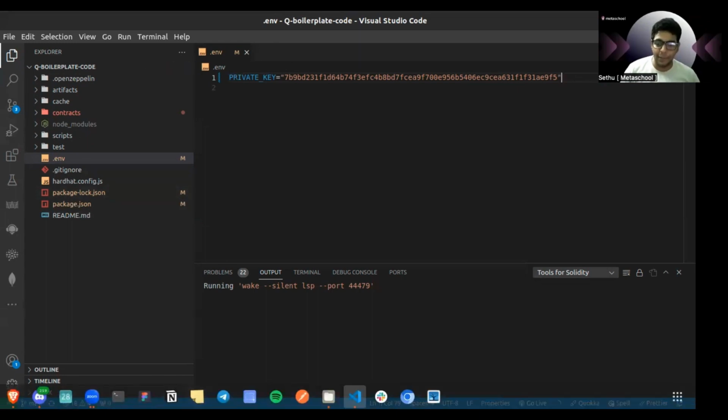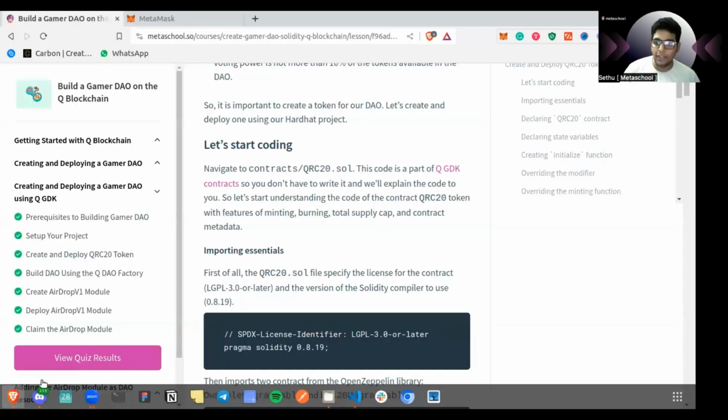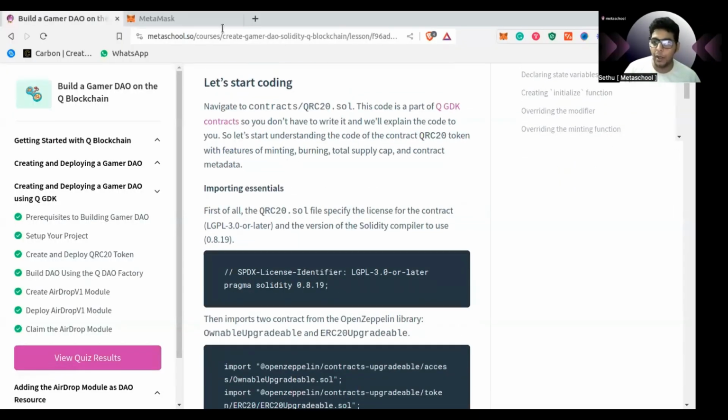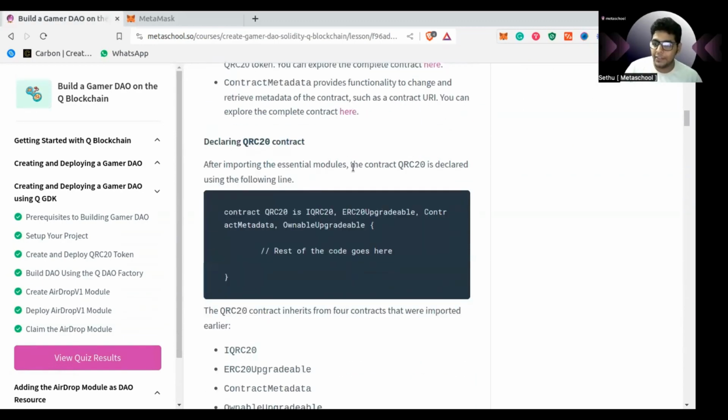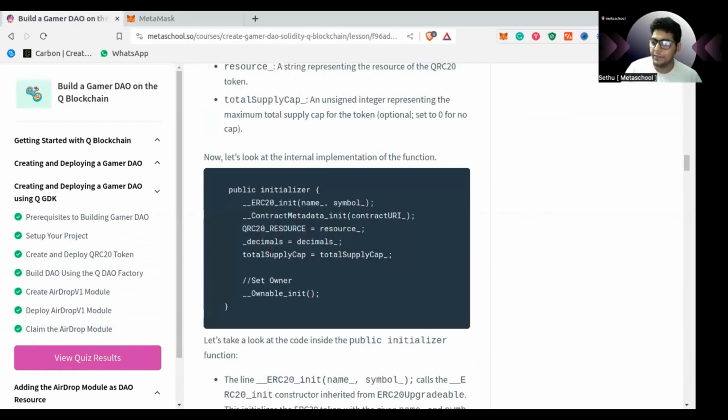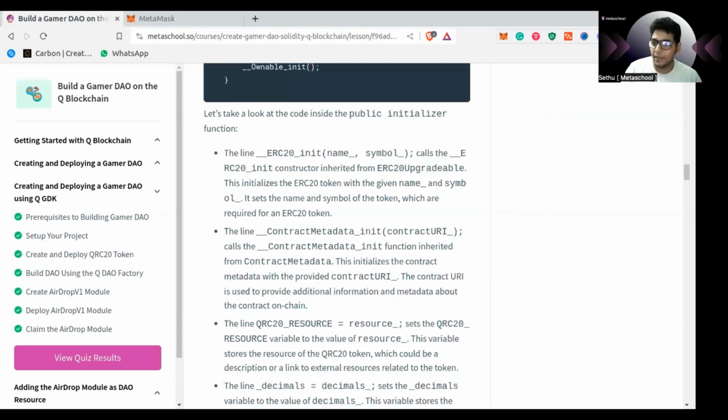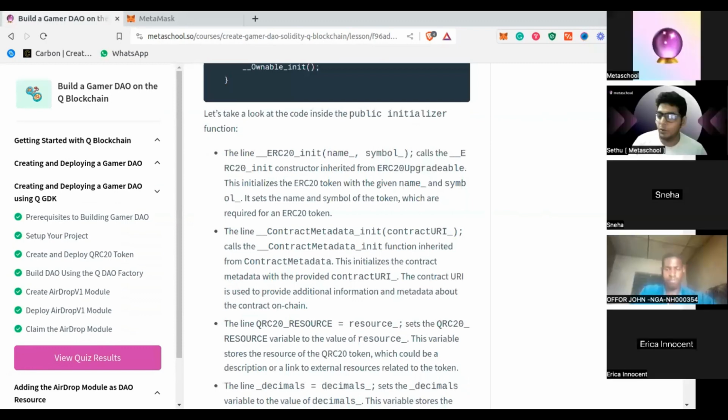So the next step, as you know, is to actually build our QRC20 token. This is the whole step. Since this is a speed run, I'll just use the whole code first. So this is the code. Just go to your contracts, QRC20.sol, and I'll paste it here. Very basic stuff. Like we discussed yesterday, we have some